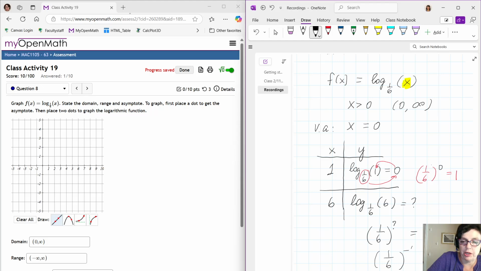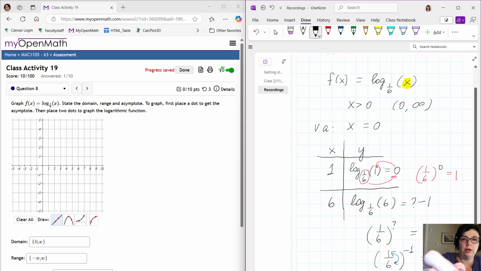But what happens if you raise it to a negative 1 power? Well, negative 1 is responsible for reciprocal. So reciprocal of the fraction. So what does that mean? You're switching the numerator and denominator. And so that's going to give you 6 over 1. But what is that? That is just 6. So it turns out that log with base 1 over 6 of 6 is equal to negative 1. So I already have another point, negative 1 this time, right? Because this log right here is going to be negative 1.